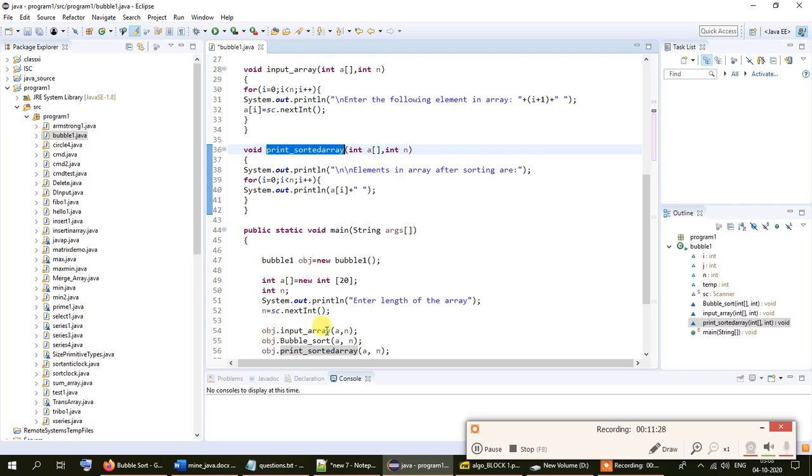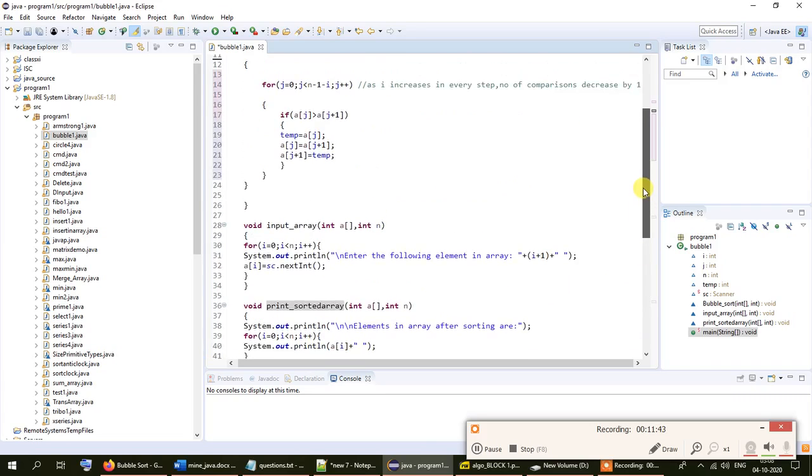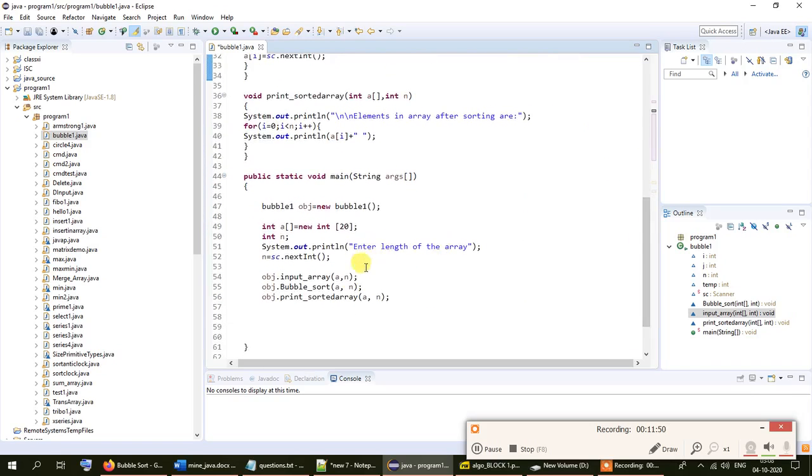So obj.input array is used to input the elements in the array, and then we invoke the bubble sort function by using obj.bubble_sort, and the array is passed as a parameter, and n is also passed as a parameter. n represents the total number of elements present in the array, and print sorted array is used to print the array after it has been sorted.